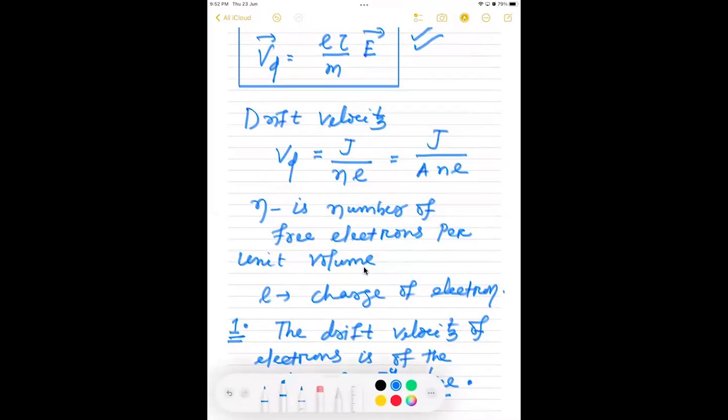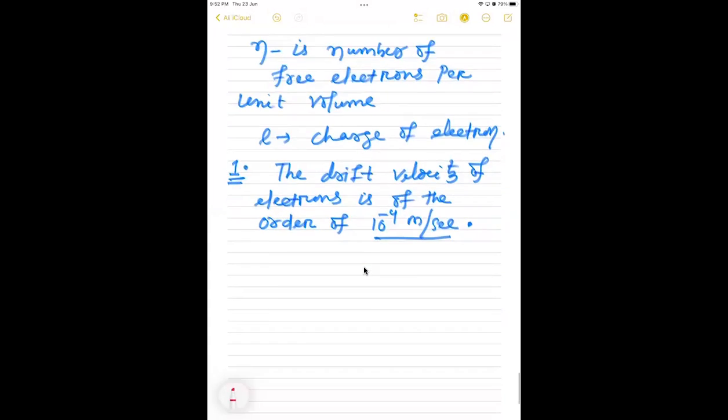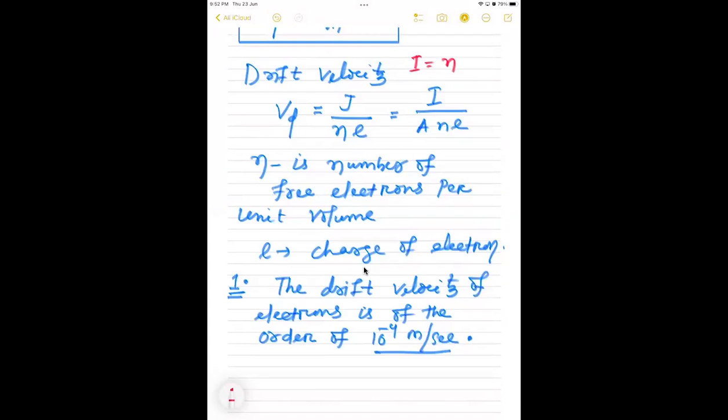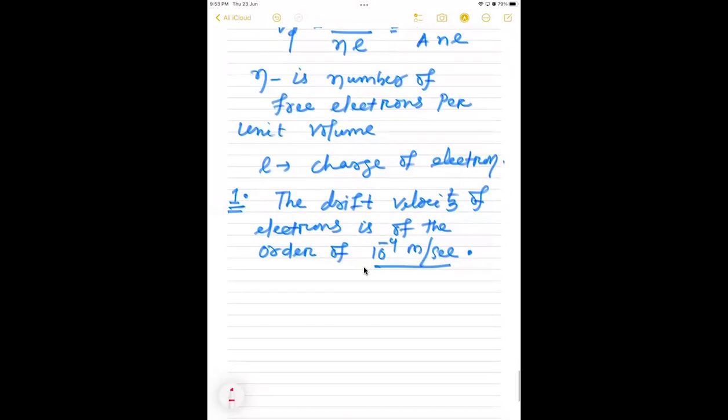और ये जो आपने फॉर्मूला लिखे ना, तो यहाँ से जो आपने लिखे Vd इज इक्वल टू J by NE, तो दैट इज I by A। तो सिंपली जो एक बहुत इंपॉर्टेंट फॉर्मूला जो आपको आगे जाके मिलेगा, आप यहाँ पर जब क्रॉस मल्टीप्लिकेशन कर देंगे तो I इज इक्वल टू NeAVd लिख सकते हैं कि नहीं? NeAVd, कैन यू राइट और नॉट? ड्रिफ्ट वेलोसिटी ऑफ द इलेक्ट्रॉन्स इज द ऑर्डर ऑफ 10 to the -4।